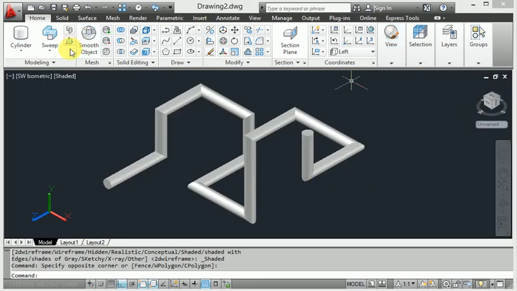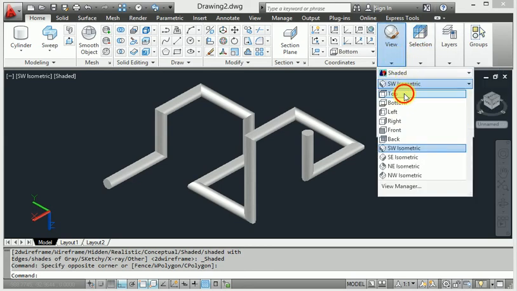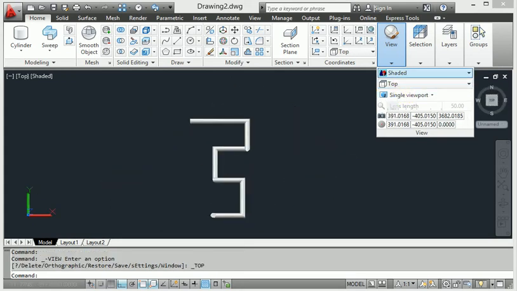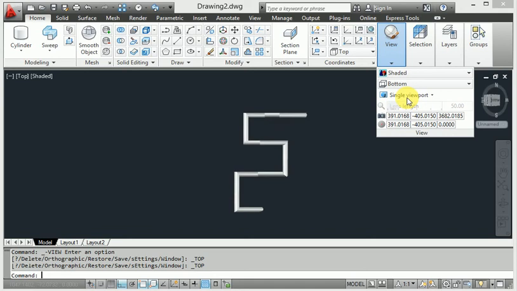After that I will show you how to move between views. This one is the top view, and this is the bottom view. So these are different views. Look at this top view, then I also change to the bottom view.